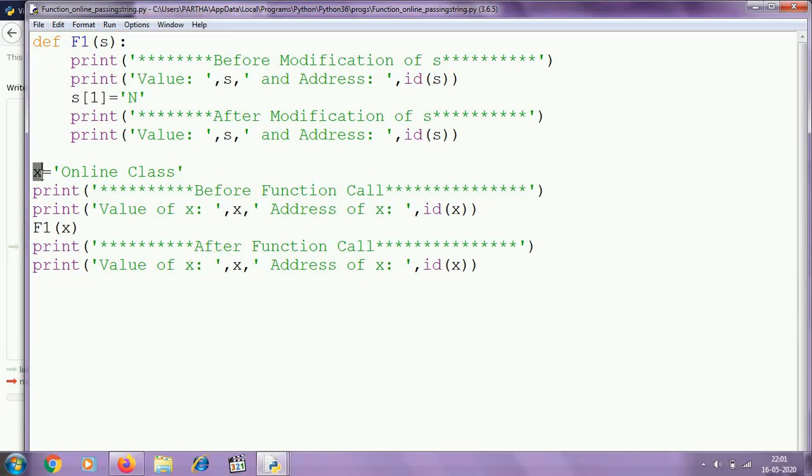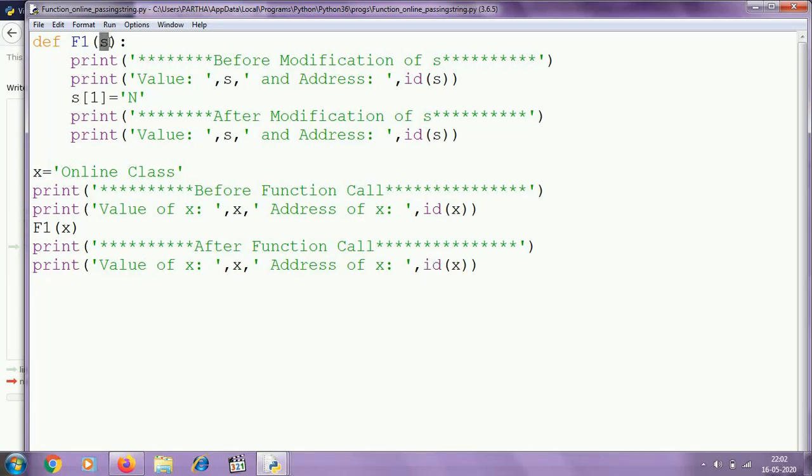Next, passing a string to a function. Here x is a string, it contains online class. Before the function call we will check the value of the string x as well as the address of the string x, and here we are calling the function with argument x, and after the function call we are going to check the value of x as well as the address of x.